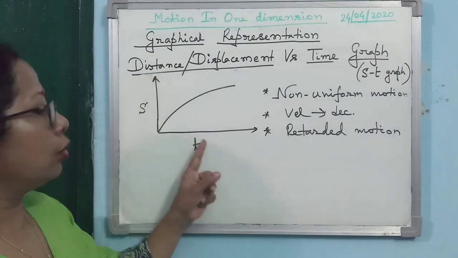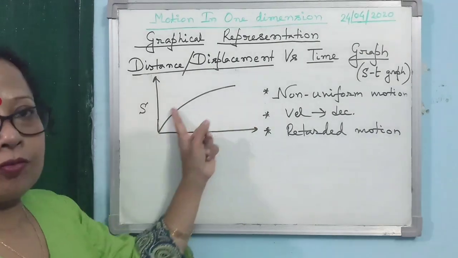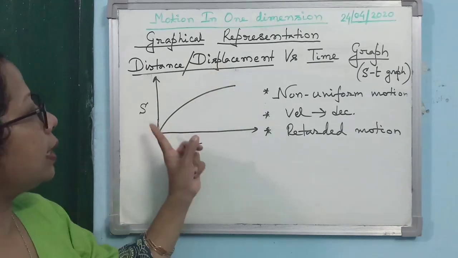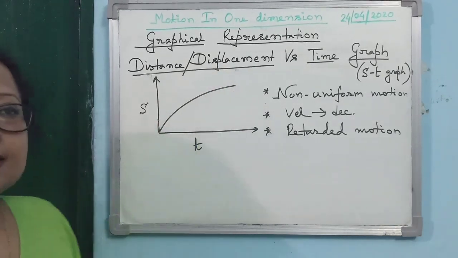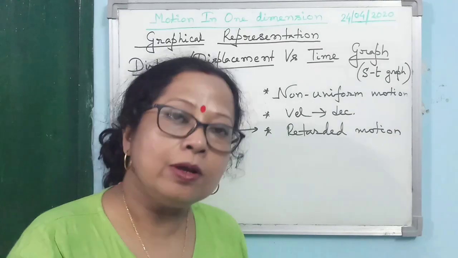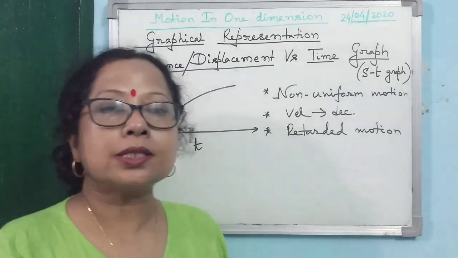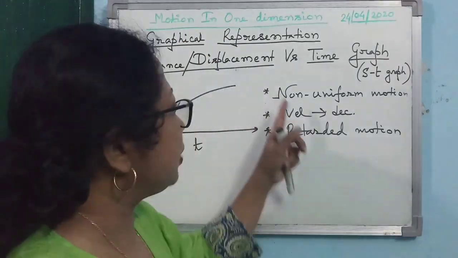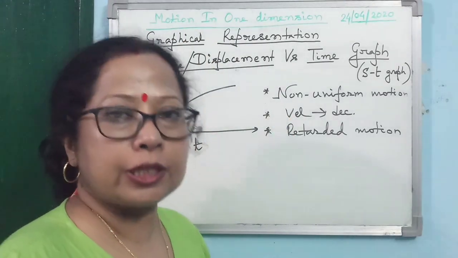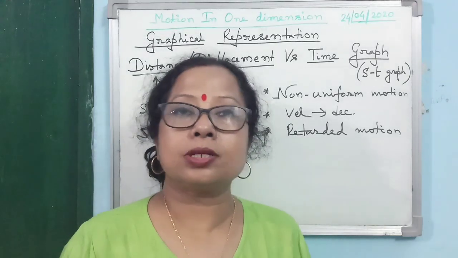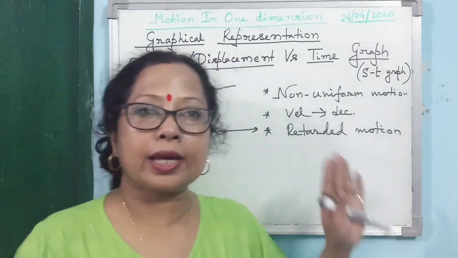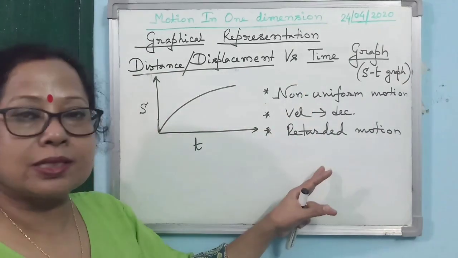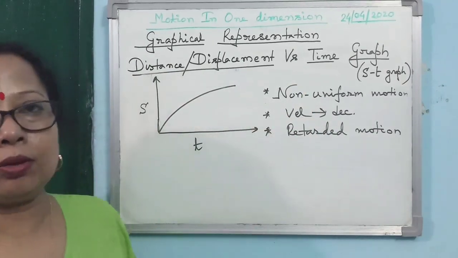And third and fourth, it is a curve. Sorry, it is a curve. Now the third one was concave upward and here concave downward. Both the cases represent non-uniform motion. When the curve is concave upward, then accelerated motion, and when it is concave downward, then it is retarded motion. So you must write down in your study material notebook all the four cases and all the important points related with that particular graph as it is written specifically, okay?